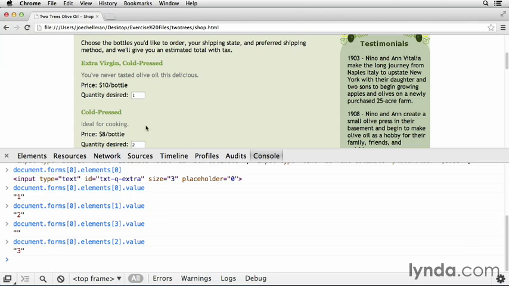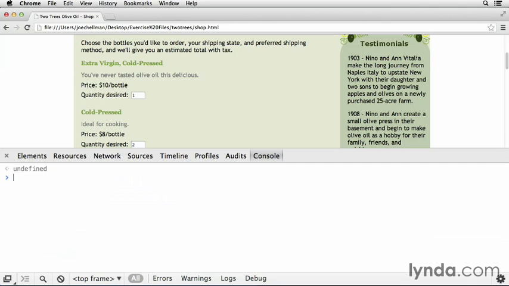So it does work, but I'm kind of hamstrung if I do it this way, because if I want to move these around, I would have to go back and change the accompanying code. So this is not ideal. Let's try a different way. I'll clear my console. And this time, instead, I'm going to use